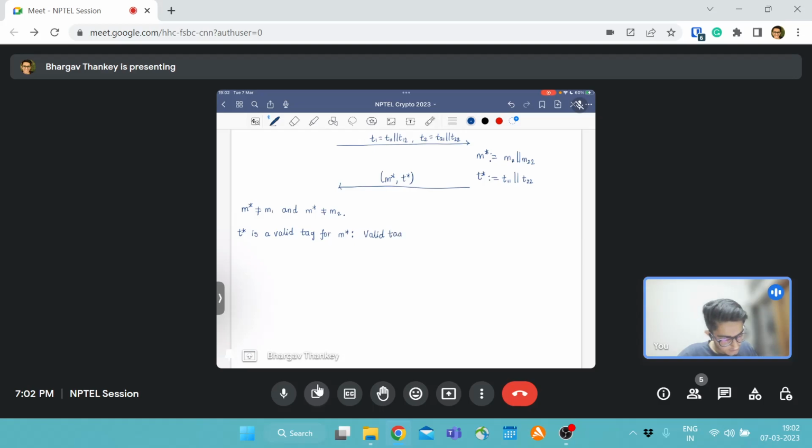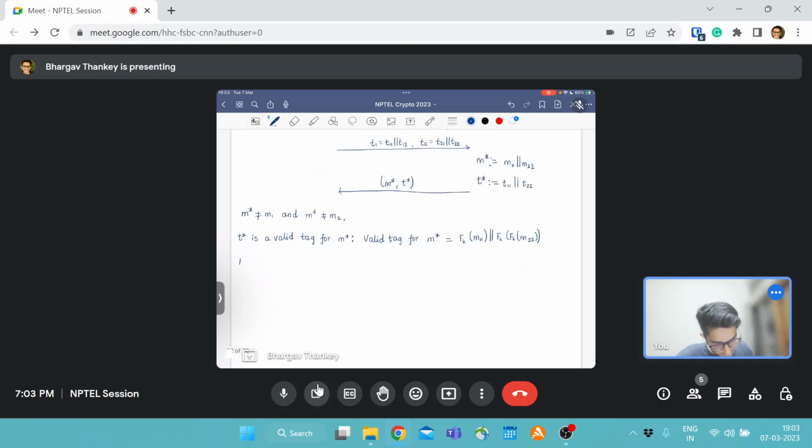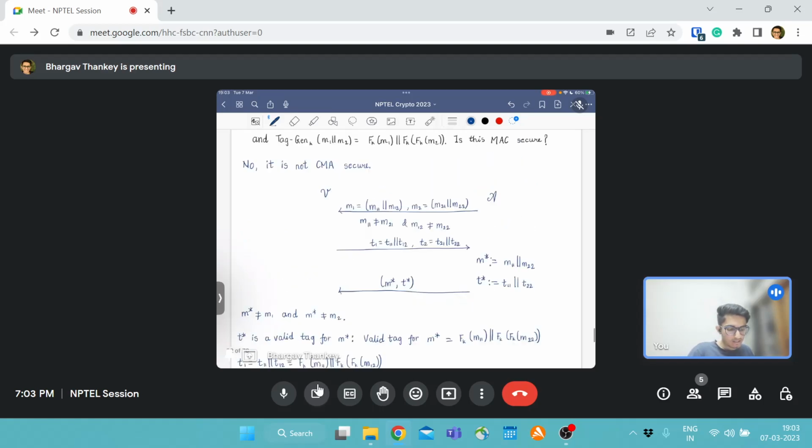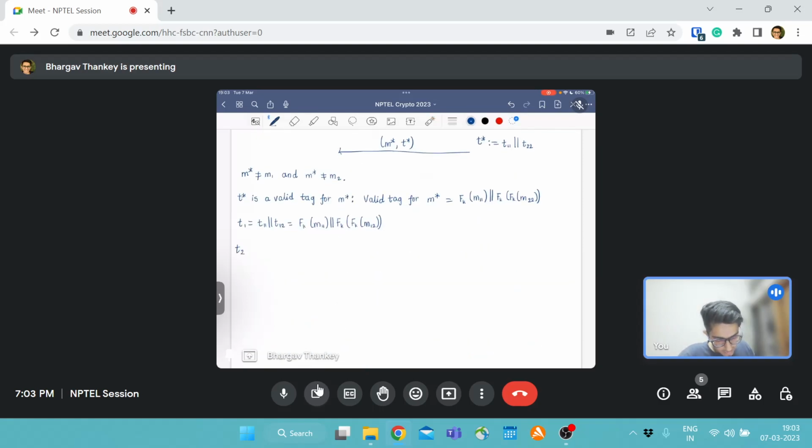So what's the valid tag for M star? From the definition of the scheme, it's going to be Fk of M11 concatenated with Fk of Fk of M22. Yes, so this is going to be the valid tag. Now, what is T1? It's going to be Fk of M11 concatenated with Fk of Fk of M12. Why? Because in this case, the two message blocks are M11 and M12, so you would put M11 over here and M12 over here, right? Similarly, T2 is T21 concatenated with T22, and it is